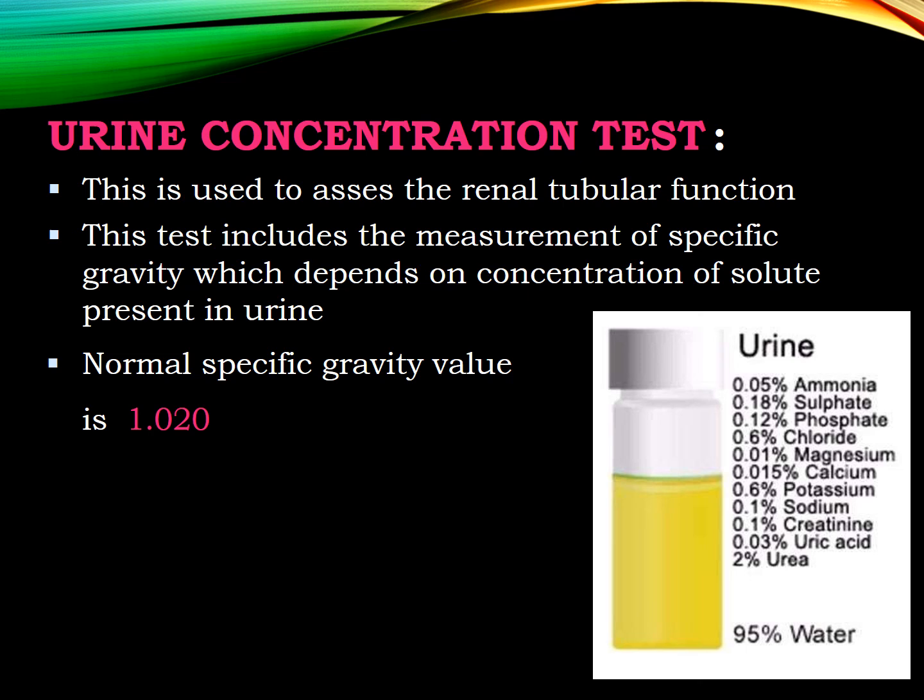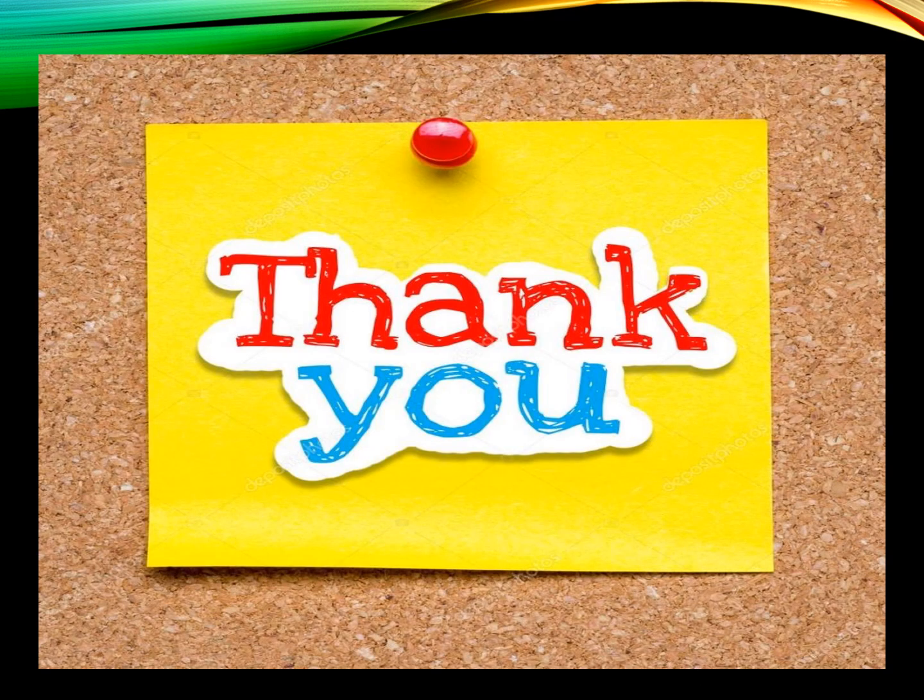So in this section we covered most of the renal function tests, such as the microscopic examination, macroscopic and biochemical tests, and also all the clearance tests, that is for inulin and creatinine and also urea. And tubular function tests are also discussed. In tubular function tests there is the urine concentration test. And this is all about the renal function tests.